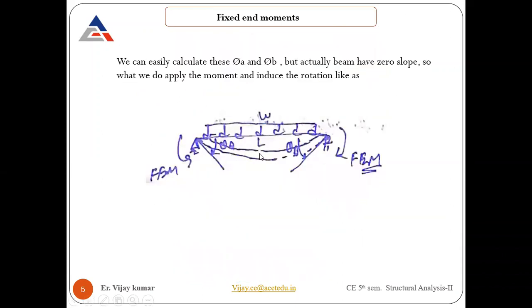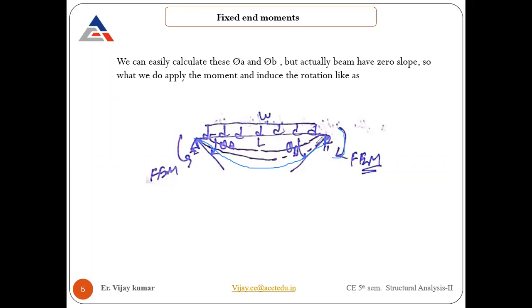So here, you already know the meaning of this fixed end moment. What will happen there? If there is a UDL acting over the simply supported beam, then due to this load, the deflection happens in an exaggerated shape, which I am trying to draw here. This is the shape you can see. Due to this applied fixed end moment, what will happen?